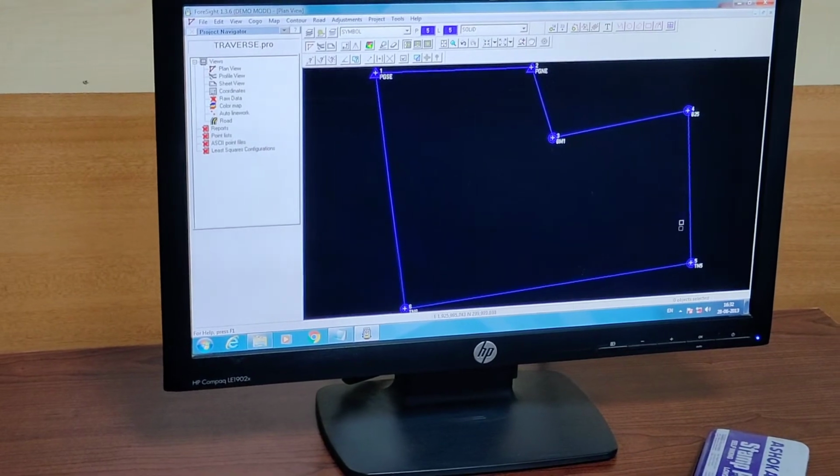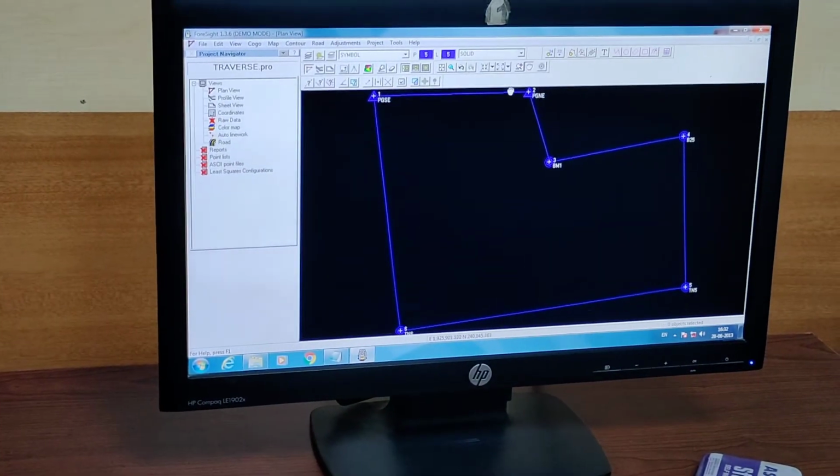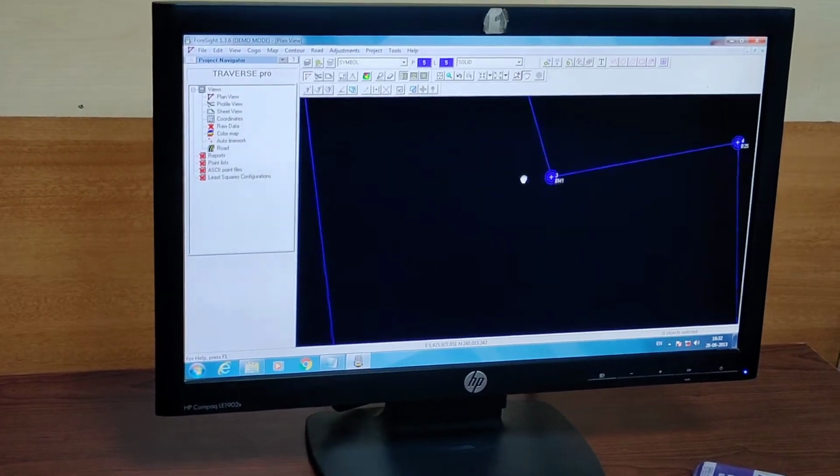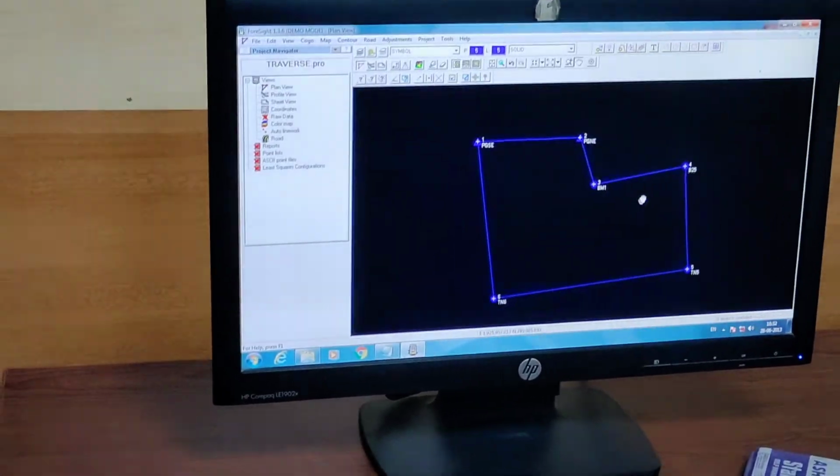See, these are the symbols they have kept. Known points are triangles. These are surveyed points.